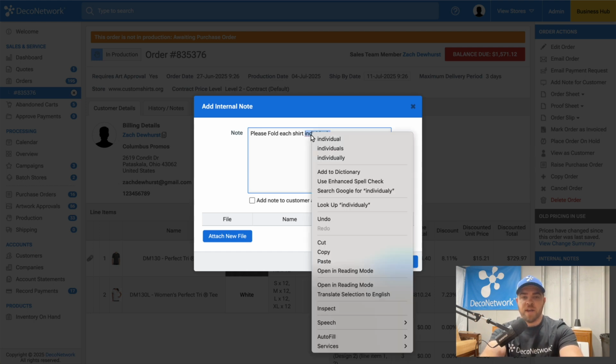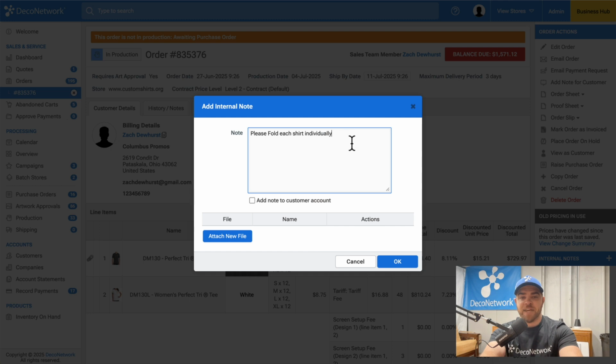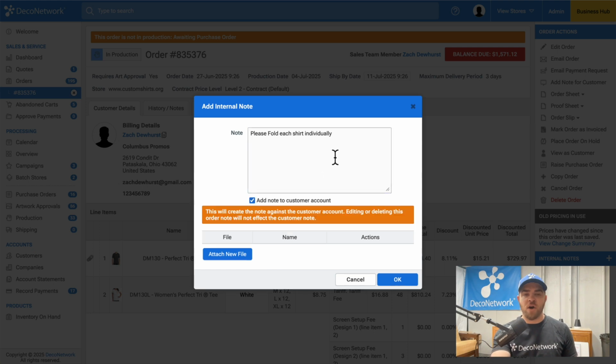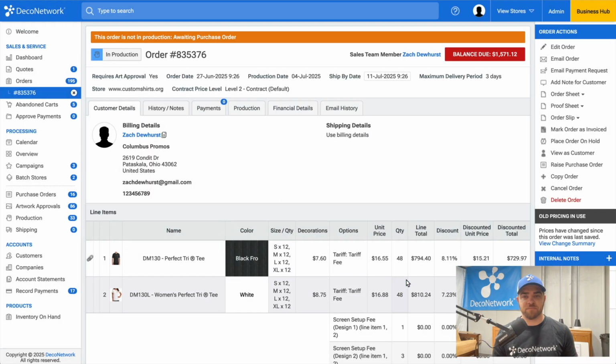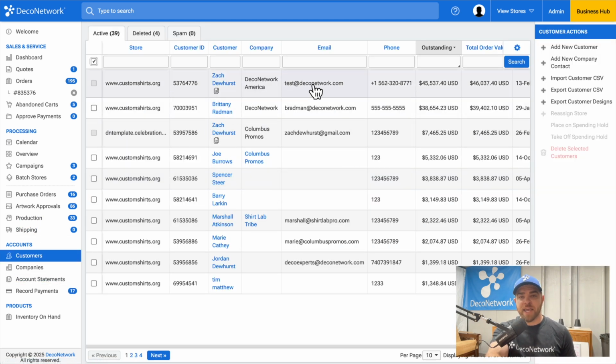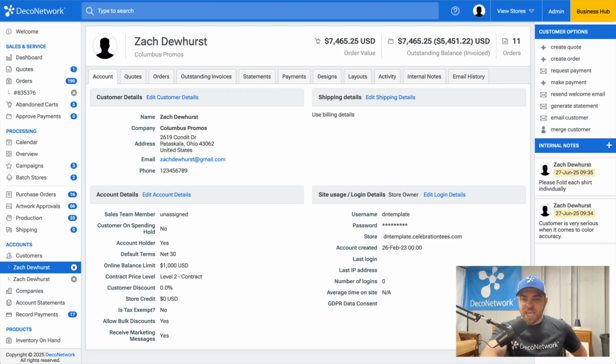And now we have that saved, and maybe this customer is so special and we just like working with them. They always want us to do that. So maybe we always add this note, please fold each shirt individually. And if you really want to take it a step further, once you add an internal note to the customer's profile, that will show up in their account profile,